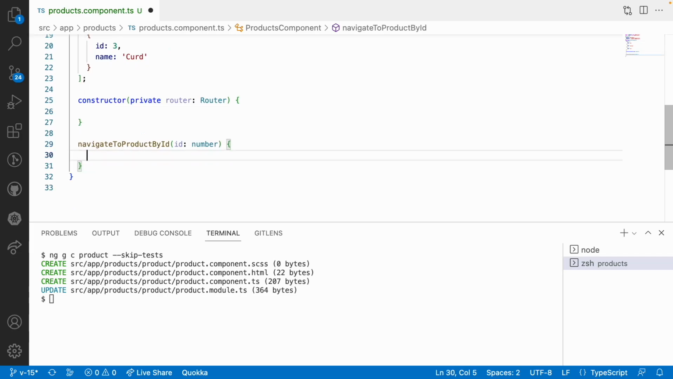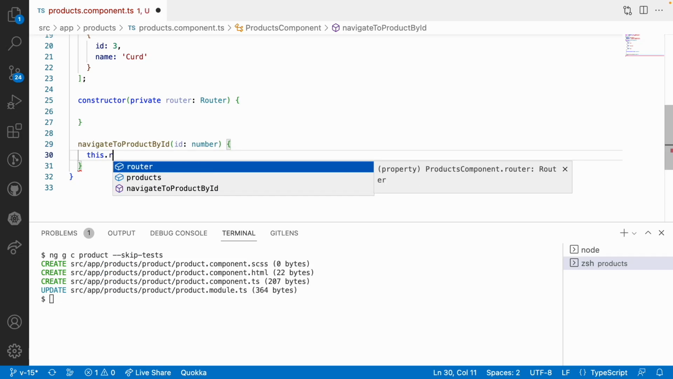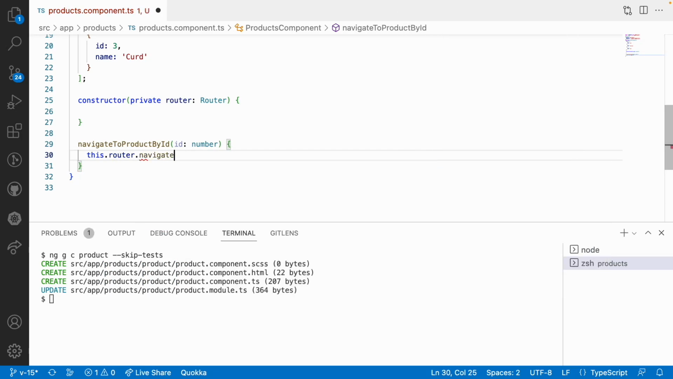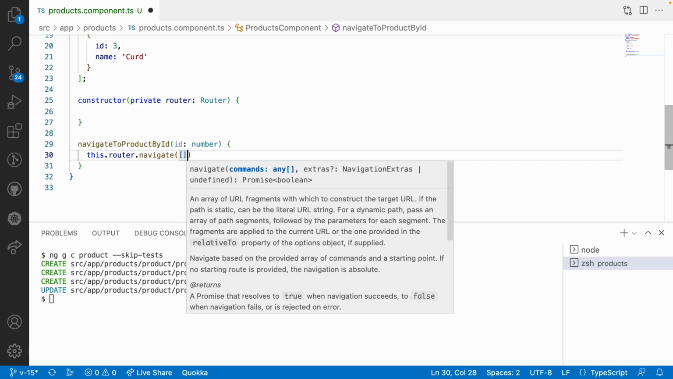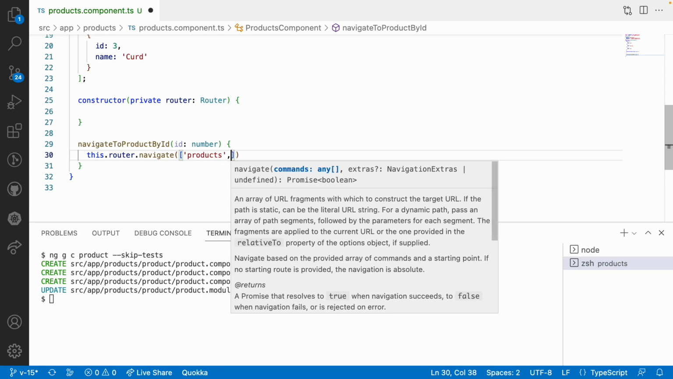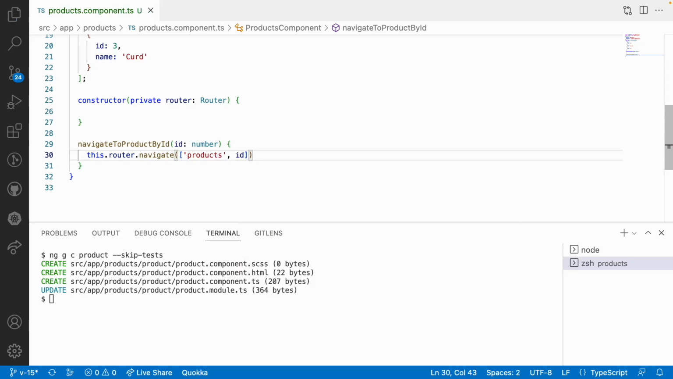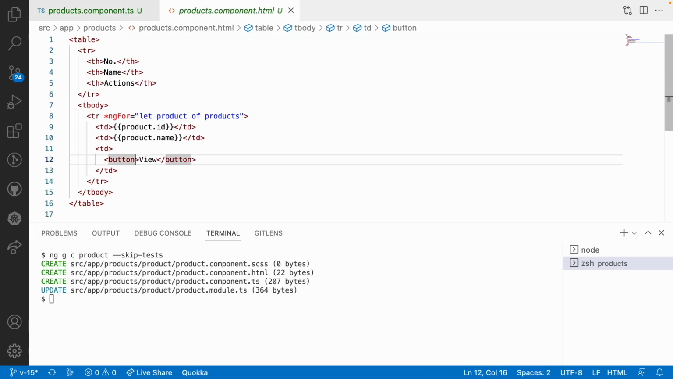And now whenever the user calls this method, what it has to do is pass the navigation: router.navigate of, I need to have the parent one, that is products is my parent, and I need to pass an ID for this so that it will go to the product component. So let me call this on our view button. So let me go here and use a click event,